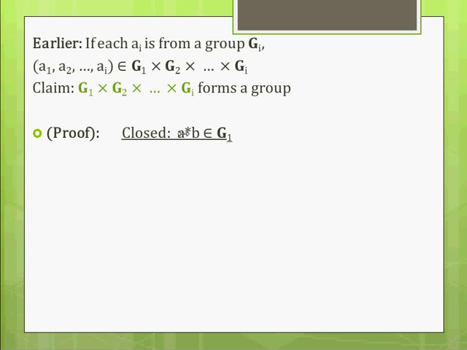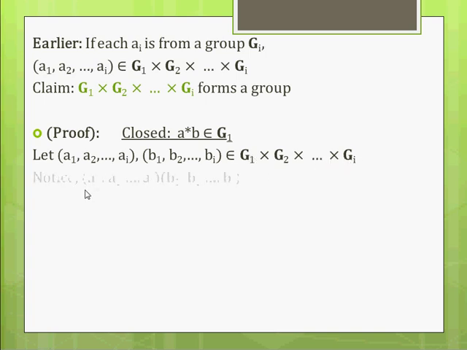So we've got to take 2 elements in our group and show that when we star them together, we get an element that's also in the set. Right now it's a set. We're proving that it's a group. So we take 2 elements in this set. This whole thing forms a set. And when we star them together,